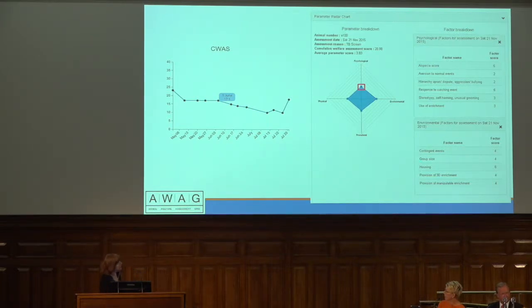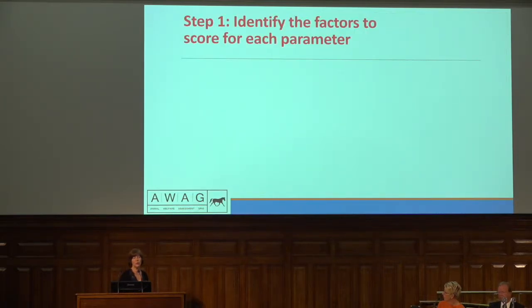So in this one here, for the environmental factor, we've looked at housing. Housing has scored 6. Well, can we improve that? Can we improve the housing? It lets you drill down to the things that are actually having an impact on welfare so you can do something about it. So the first step when using the AWAG is to identify what factors you score for each